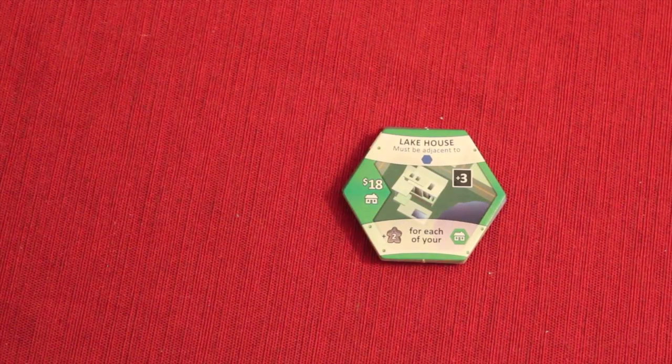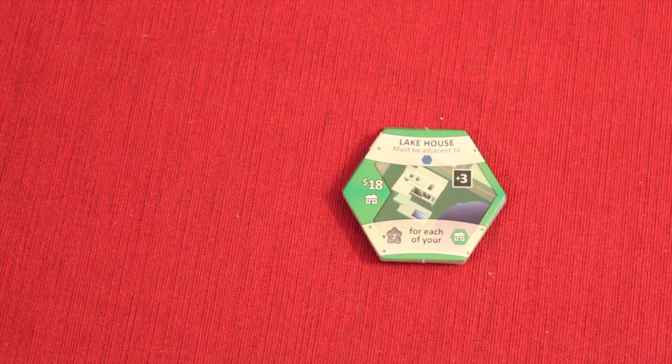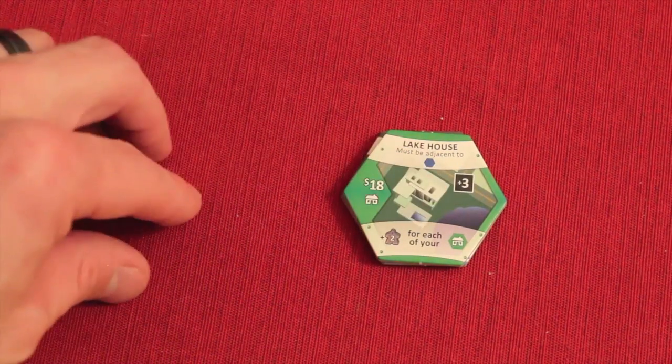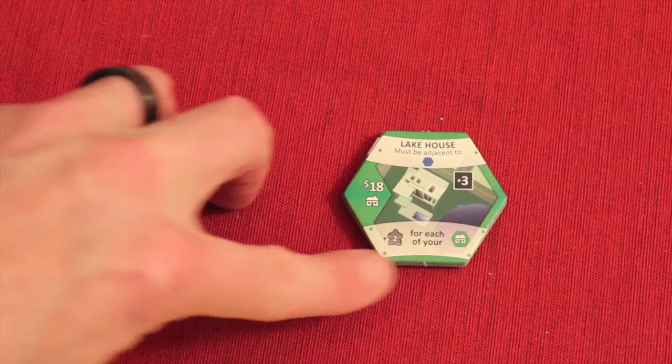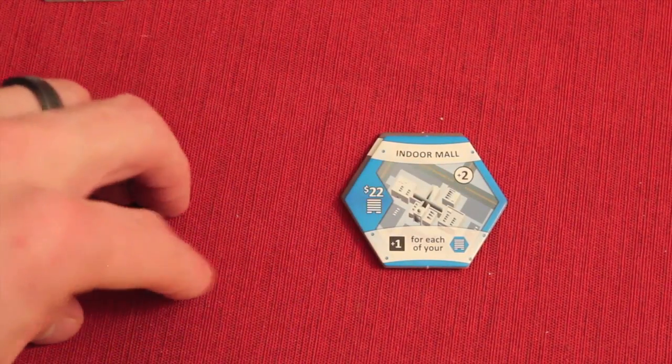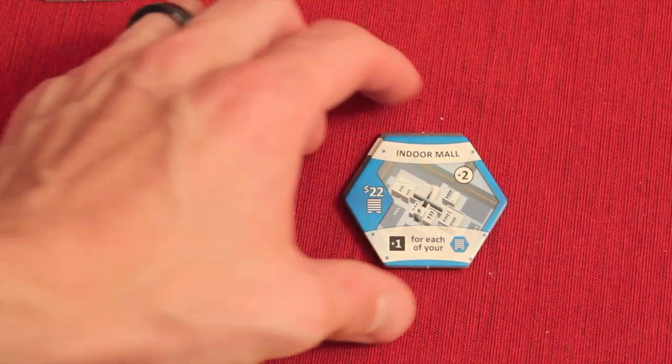All right, the C tiles, there's 3 new ones, and there's 2 of each, so a total of 6 tiles. The lake house must be adjacent to a lake. It's $18, you get 3 reputation, you get plus 2 population for each of your residentials. The indoor mall, $22, you get 2 money, you get 1 reputation for each of your blue commercial tiles, and